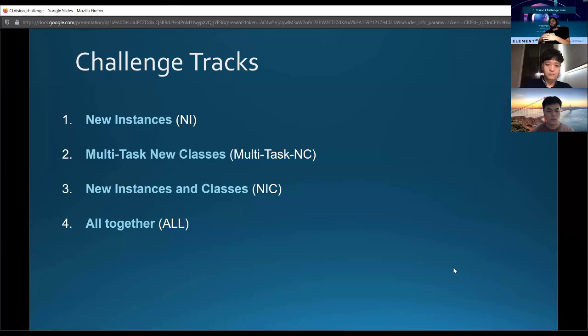Of course, in these batches, you can find new instances of classes you have already seen before, but also examples of classes you have never encountered before. And this is, we believe, one of the most interesting and natural settings you will find in many continual learning at the edge applications. And then the most difficult track was instead the one combining a solution that could work on these 3 different tasks altogether.